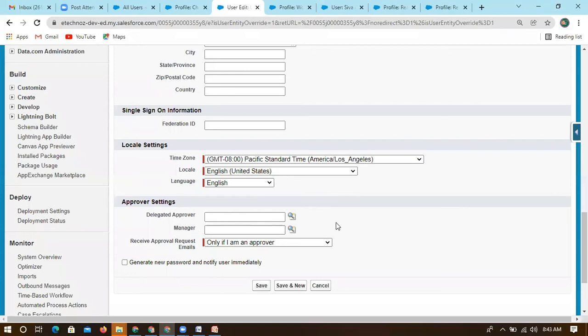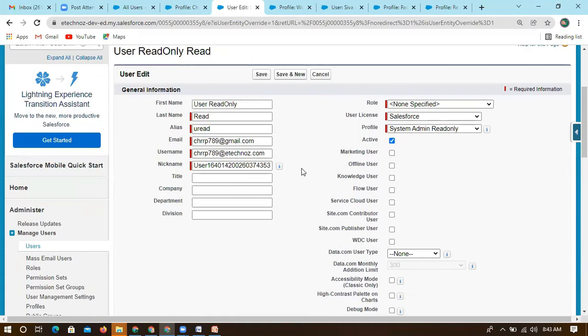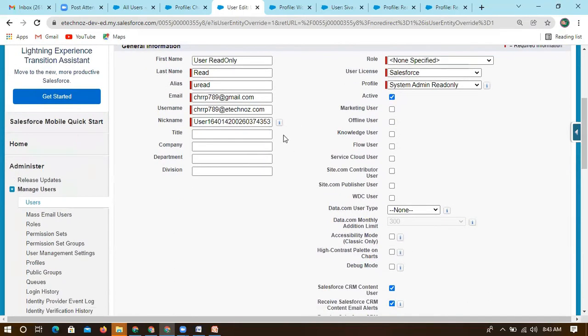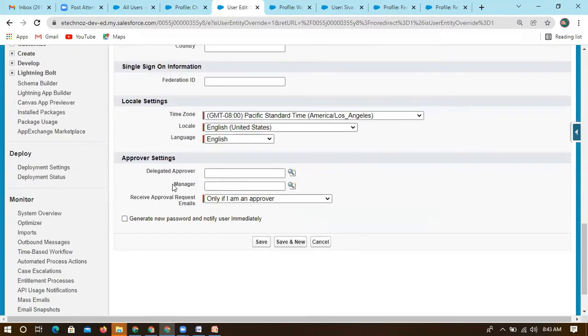So what will happen is, if I automate anything, like sending approvals as an automation process, I can send them to the manager directly. Otherwise I would have to query all the users and check who the available manager is. Instead of that, we can directly define a single manager for the user, so that he will approve whatever is needed for this user.